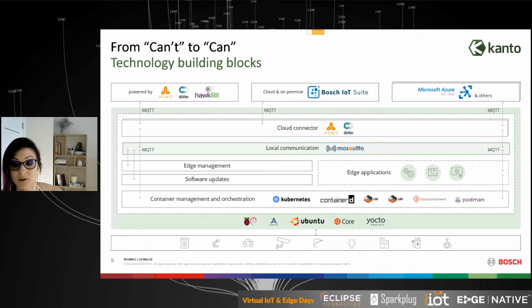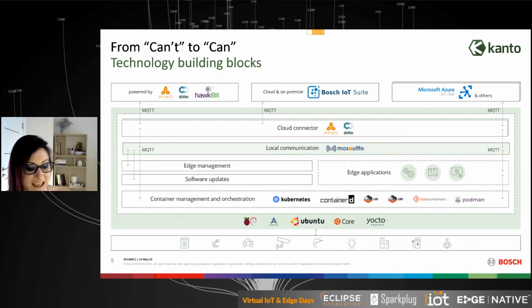And the edge applications you can deploy on top, whether that would be as containers or you would implement them natively if you want to run them on the device. And all of that is connected on your edge device via the local communication, where we rely on Mosquitto. So it's a local MQTT protocol.